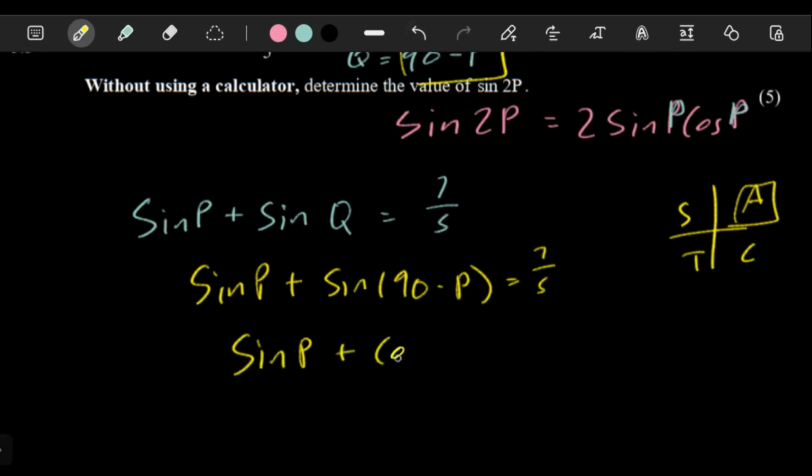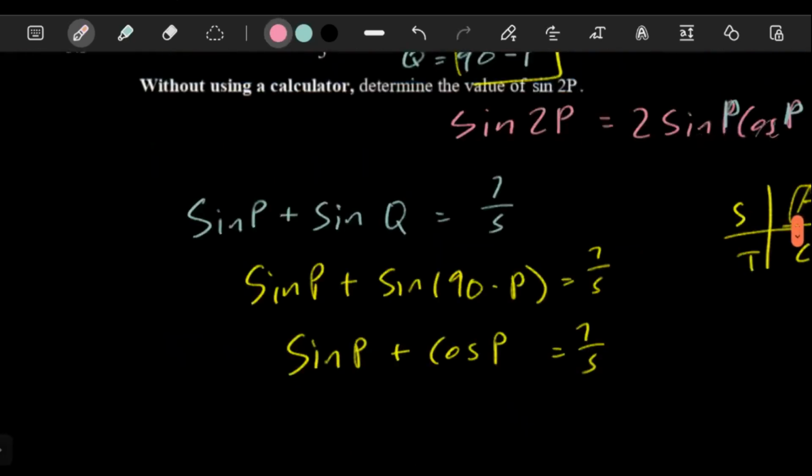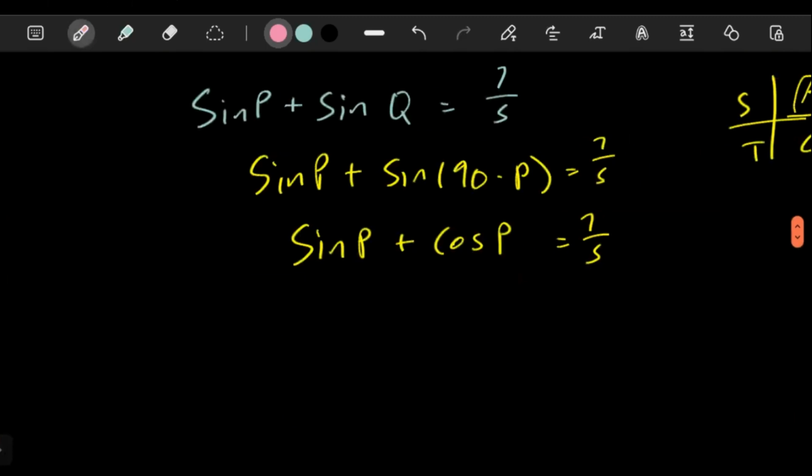Sine p plus cos p equals 7 over 5. Now the idea is, if you're going to have these two pasted together, the sine p and the cos p, you're going to have to do some kind of multiplication. For you to add some kind of multiplication to this equation,